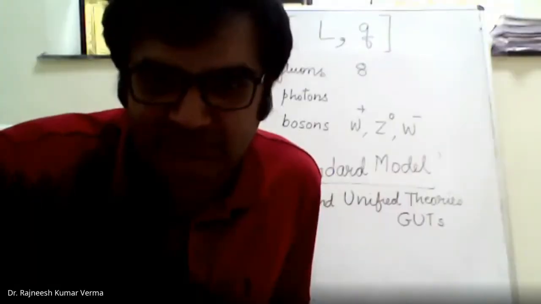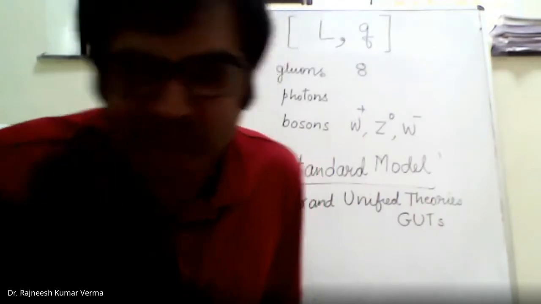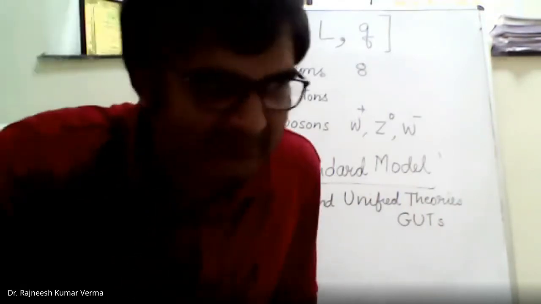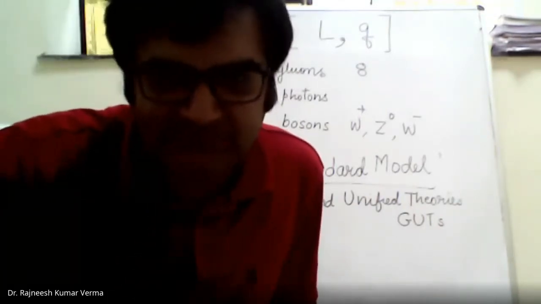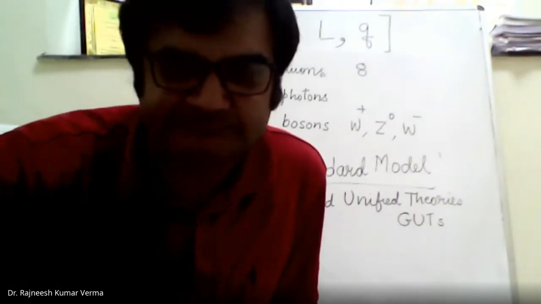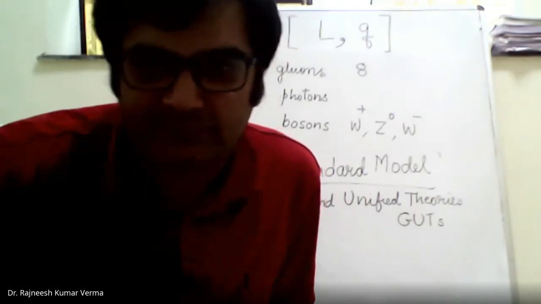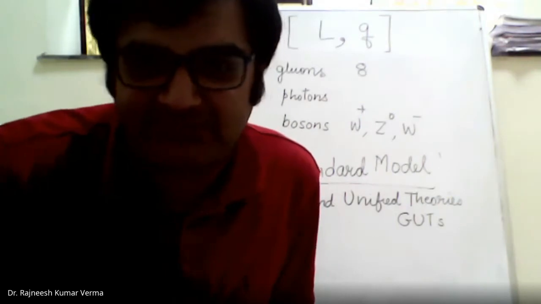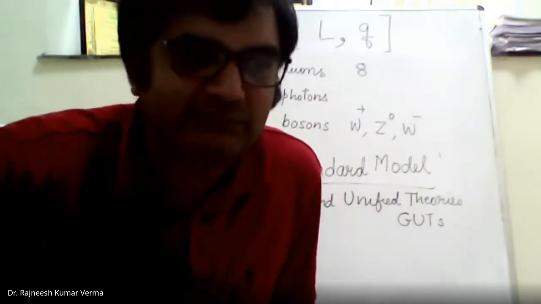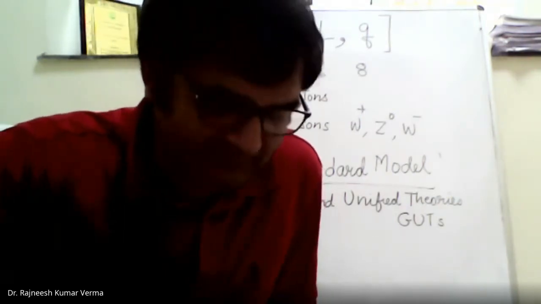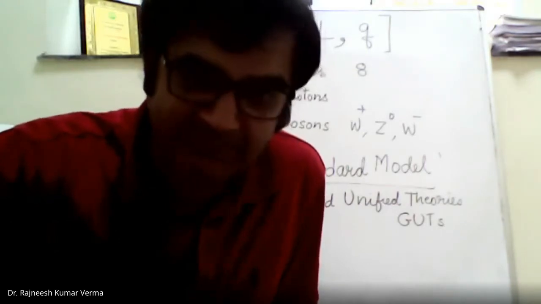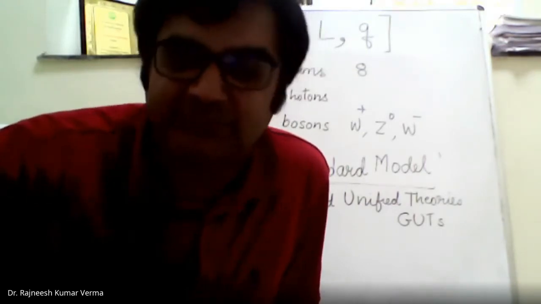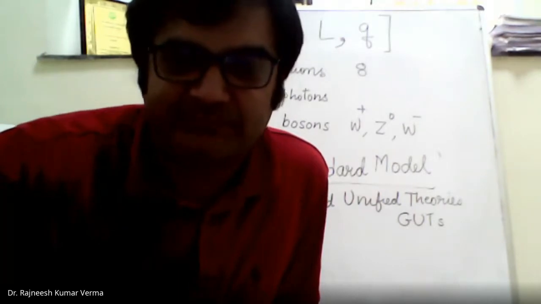Okay, sir. We haven't encountered Z0 yet. Is it rare? No, I have not told you, but you can see in the examples that Z0 will be there. Asutosh is asking, we haven't encountered Z0 yet. You can look at the Feynman diagrams in the book. If you see, you will find that Z0 will be there.